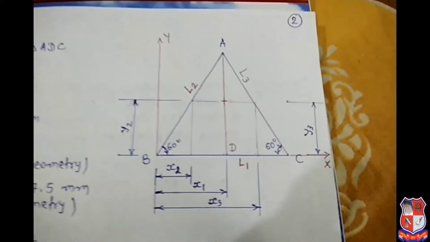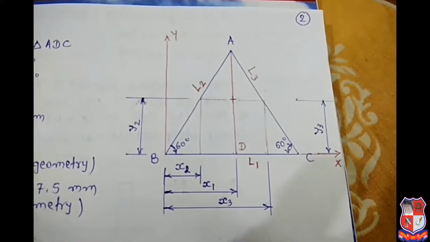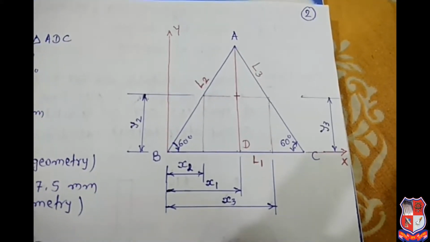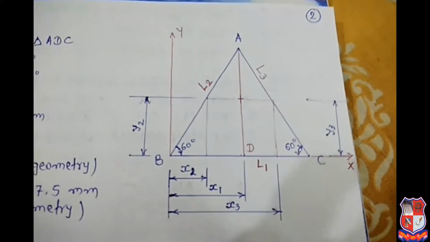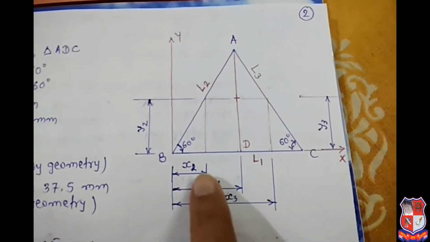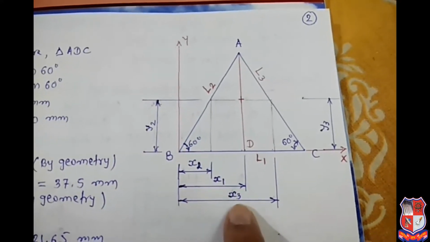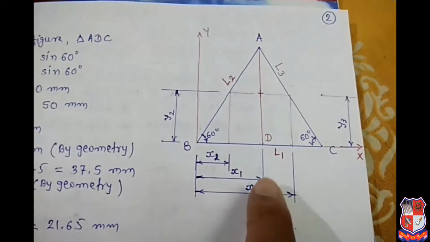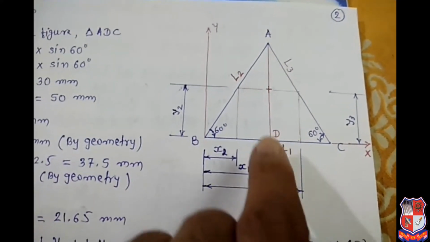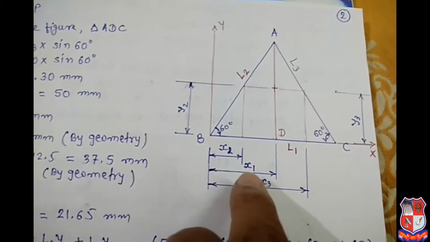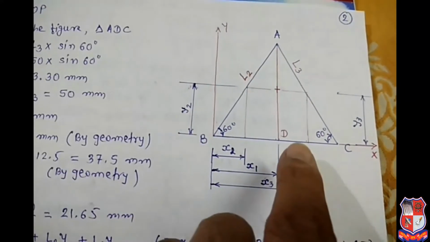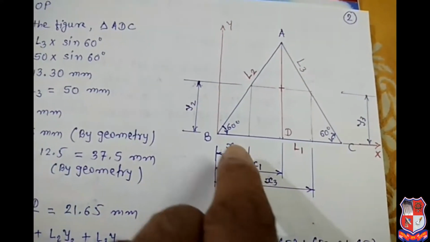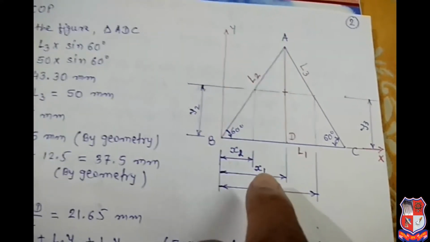So to find the center of pressure, I will just redraw the figure, and all the geometry that you can see is the equilateral triangle. Here you can see the distances x1, x2, x3. I have taken this y and I have taken this x. From the y-axis, this is the line L1. The center of the line L1 will become x1, then x2, and this line's center will become x3. We will see how I have calculated x1, x2 and x3.